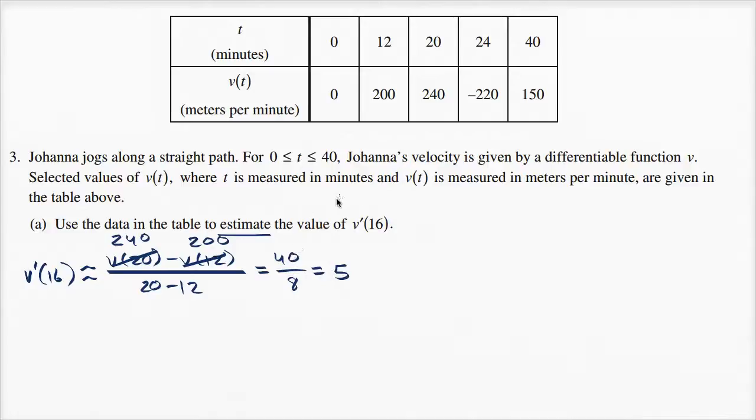For good measure, it's good to put the units there. So this is our rate. This is how fast the velocity is changing with respect to time. So the units are going to be meters per minute per minute. So we could write this as meters per minute squared. And we're done. Now, if you want to get a little bit more of a visual understanding of this,